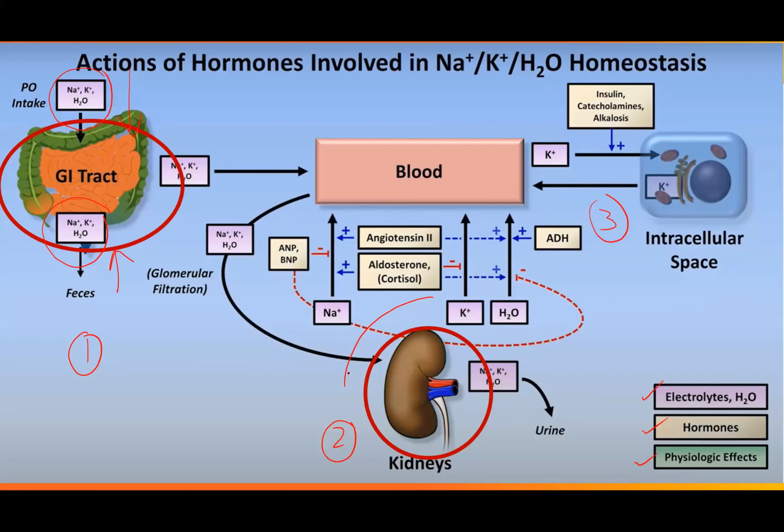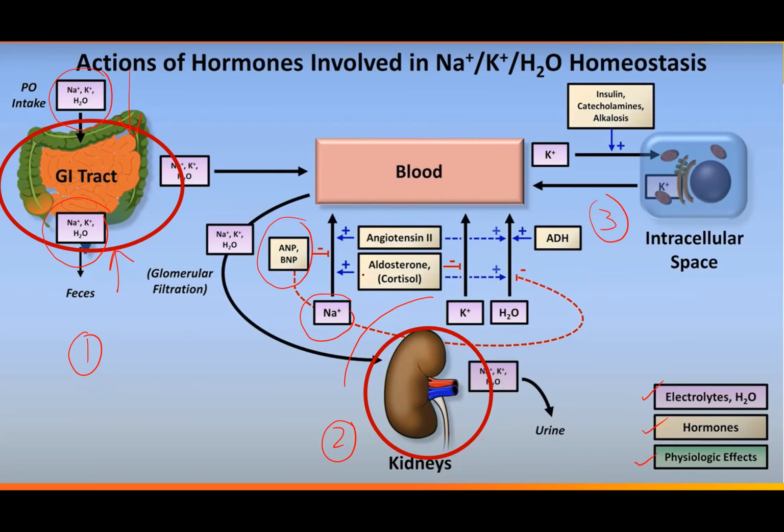Now, you know the angiotensin 1 and angiotensin 2 that we get into in the next slide. Angiotensin 2 is a potent vasopressor and it retains the sodium. The opposite of that is done by the ANP and the BNP. They try to keep the sodium away. Whatever keeps the sodium in the blood pushes the potassium out.